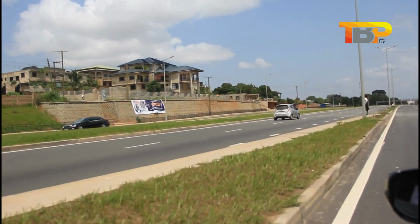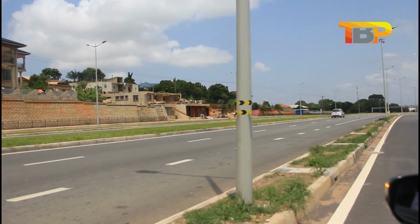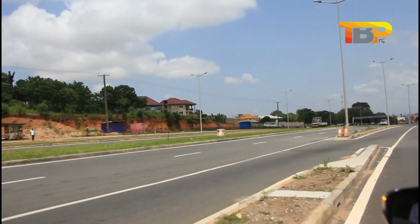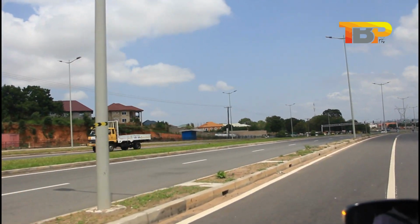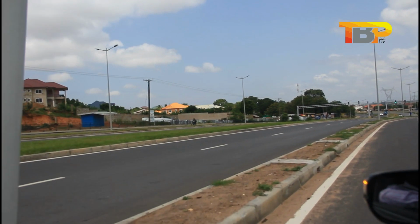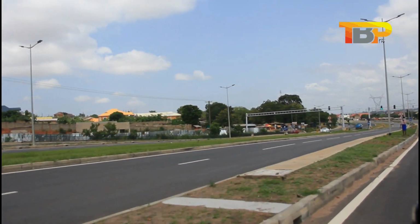Sometimes I believe we need to fix ourselves. We need to fix our attitude because this thing is done with taxpayers' money. If you destroy it, it will come back at us and tax us. We are going to pay. All right, so that is Braime's opinion there, and we are using the Ablekuma stretch of the